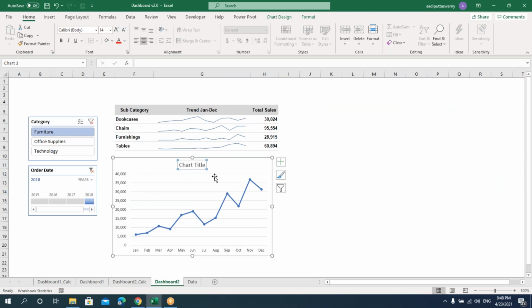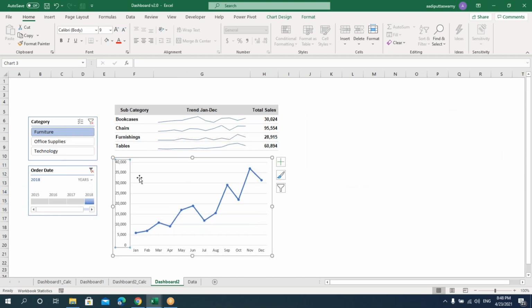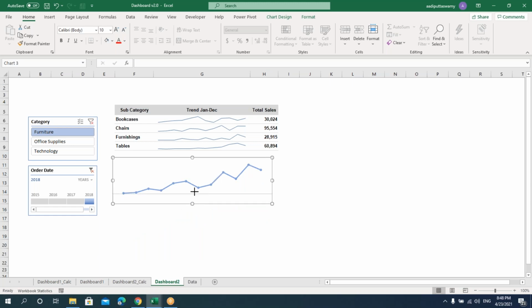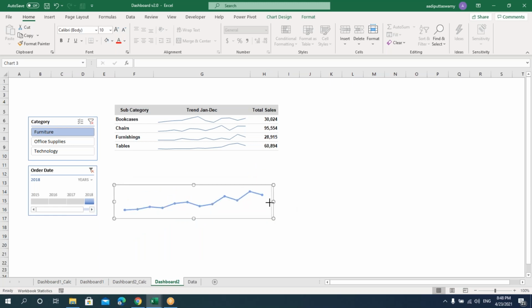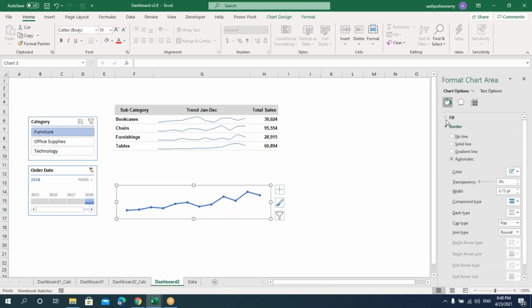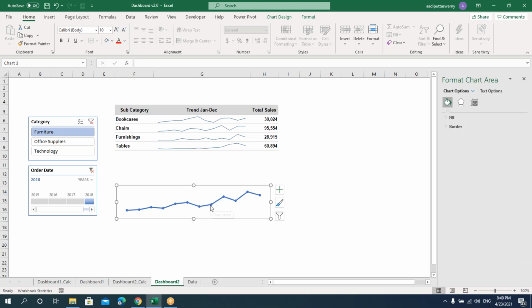So what we'll do is we'll remove all these labels. I'll remove everything and keep only this line, and we'll just reduce this. Let's keep it somewhere here like this. This is for the total sales. If you want to format, you can go here and take the borders, lines, whatever you have. Say we want this line,